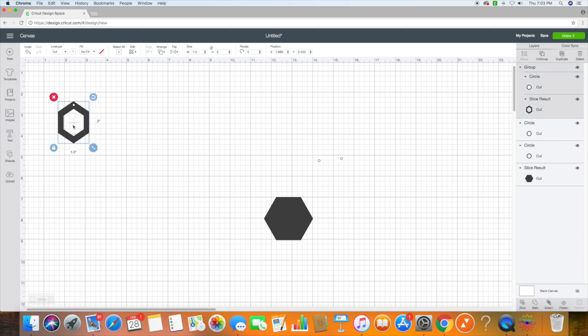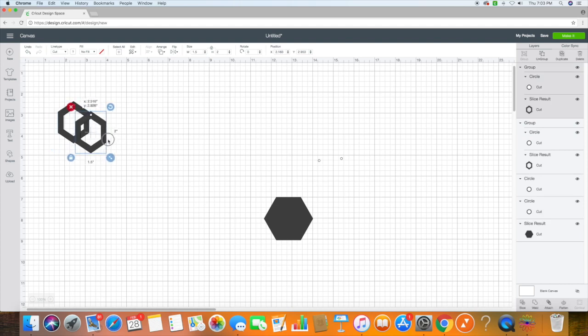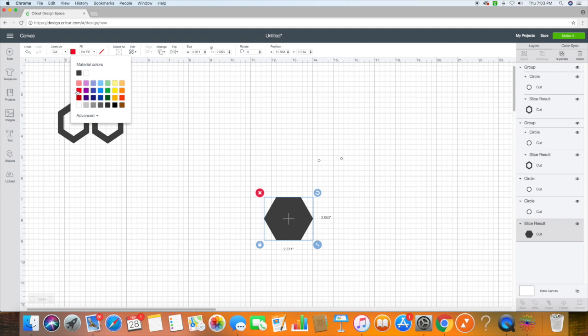This is 1 earring. I'm going to duplicate it because I have 2 ears, so do you. So there we go. There's the second part of your earring. You can stop here and just attach it with an earring wire, or you can do what I'm going to do now. I don't want this to be a different color because I can make it the same color and cut them all in one mat, but I like variety, so that part of the earring is going to be